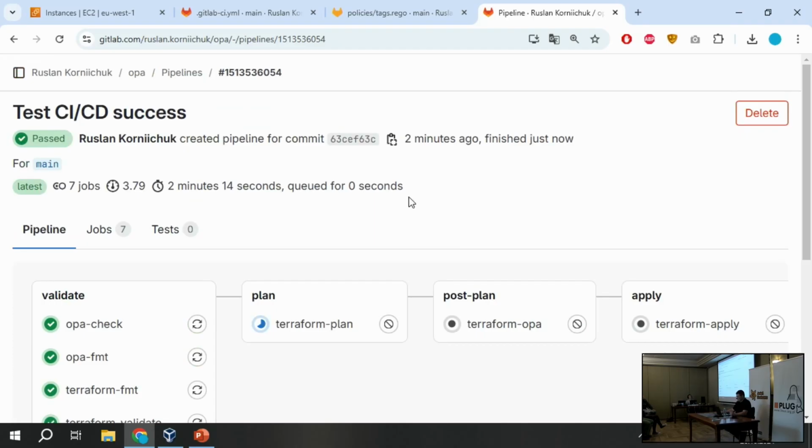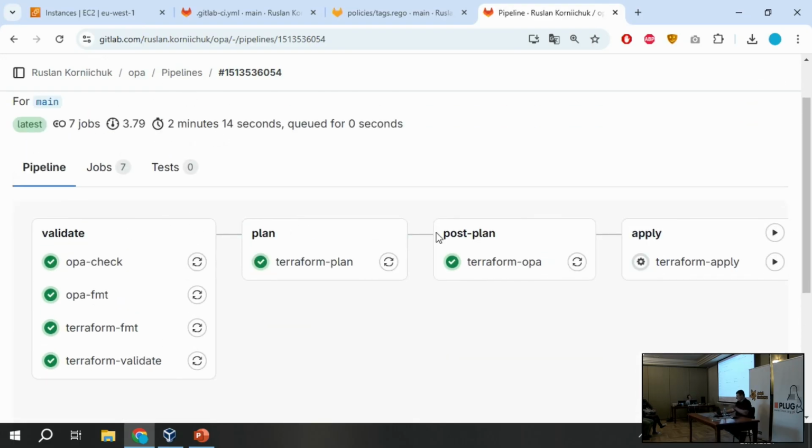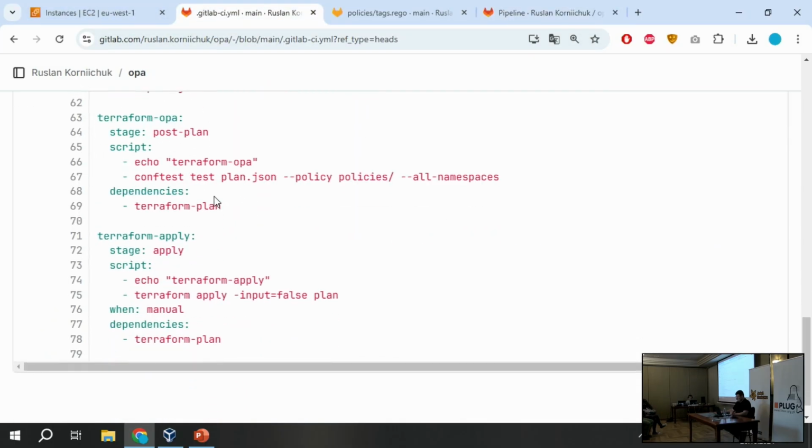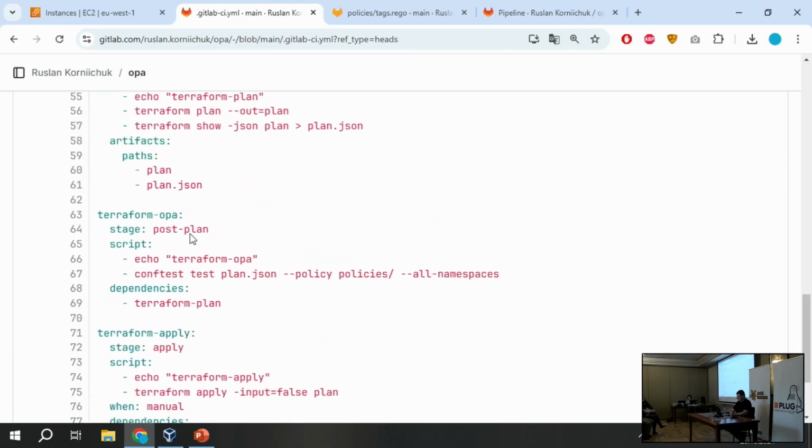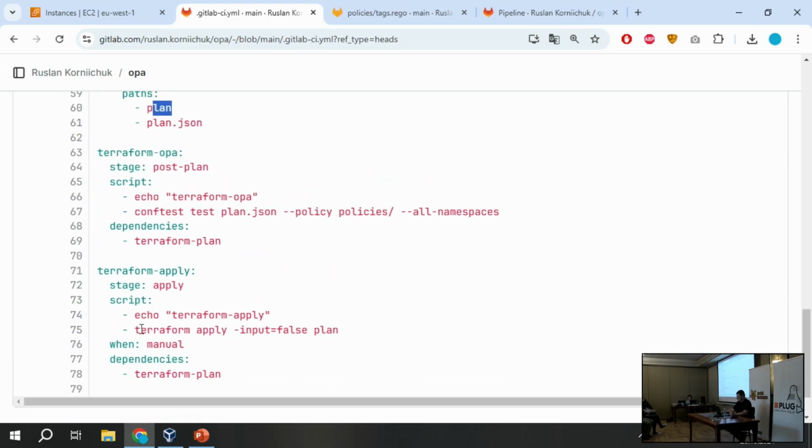And let's check our pipeline. Why is it not ready? Let's refresh. Yep, as we expected: validate, plan, post plan, and now apply, because it's manual. Let's quickly check this one. The last stage is apply, then manual, and I need to use the terraform plan. So this plan file from Terraform is used just to execute terraform apply with the plan. And input false means Terraform won't ask you to provide yes if you want to apply. Because it's a CI/CD pipeline, we don't want to put in any yes or no, so input false and just